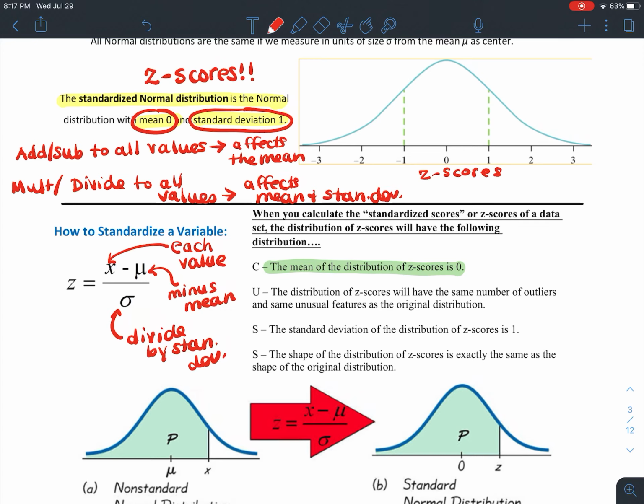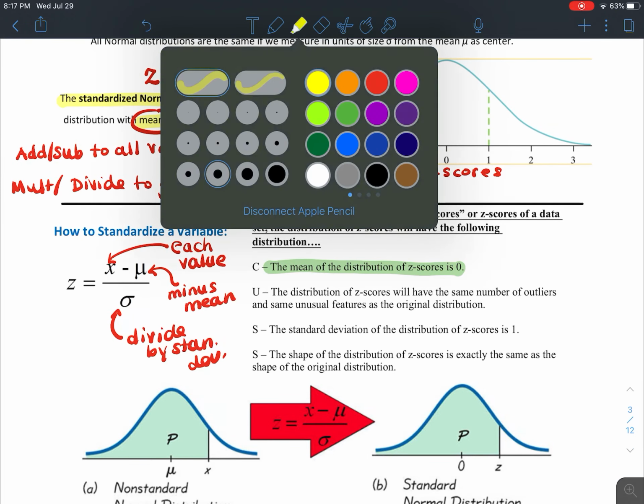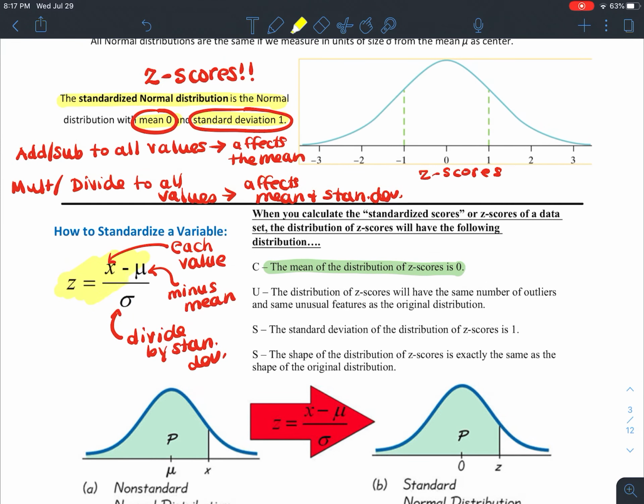The reason it's always a 0 is because if you were to take this z-score formula here, and you take the mean of your data set, remember, measures of center are affected by both addition and subtraction and multiplication and division. Remember that Fahrenheit Celsius example we had? This is like our formula here. We're converting, and what goes here is what do you want to convert? Well, if we took the mean and we plugged that in here, because we want to convert the mean into a z-score,